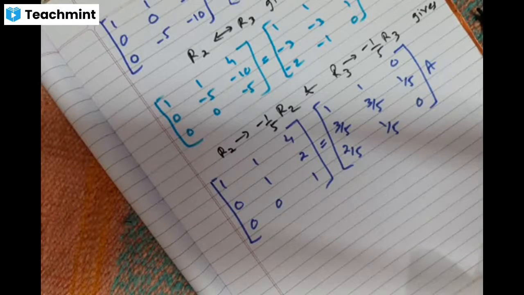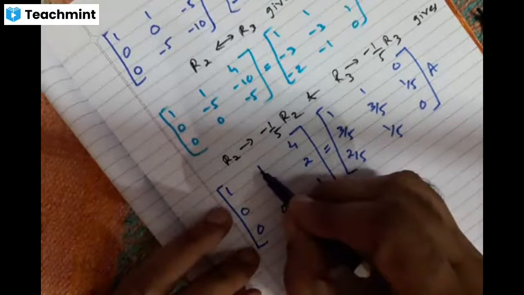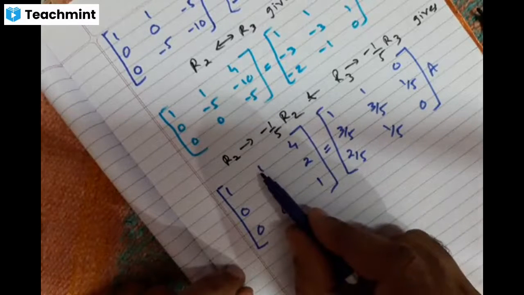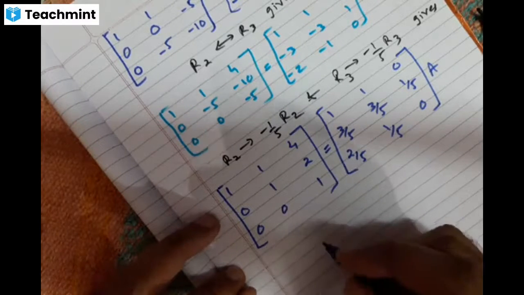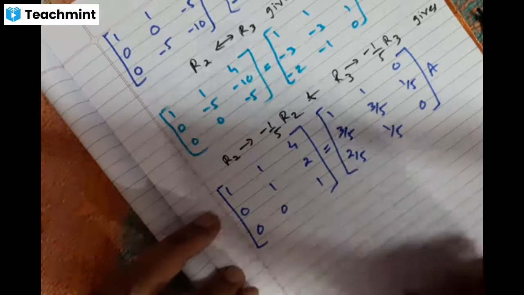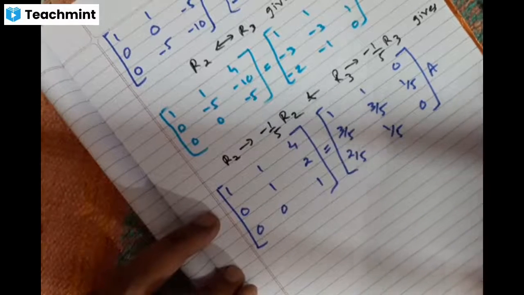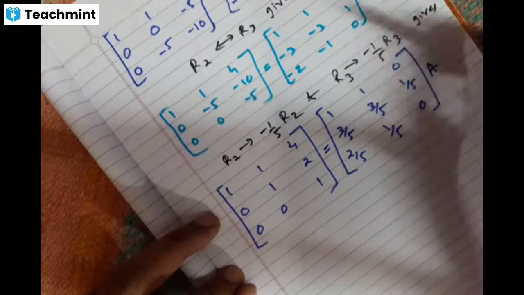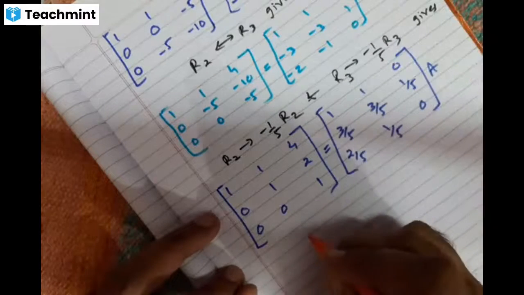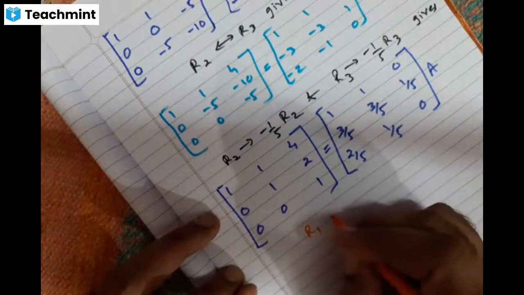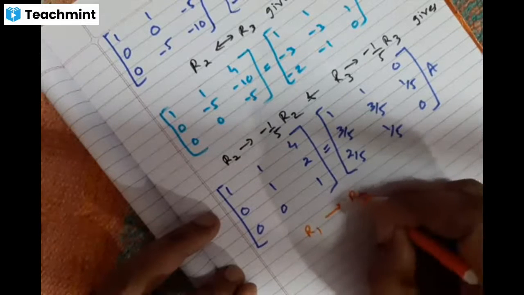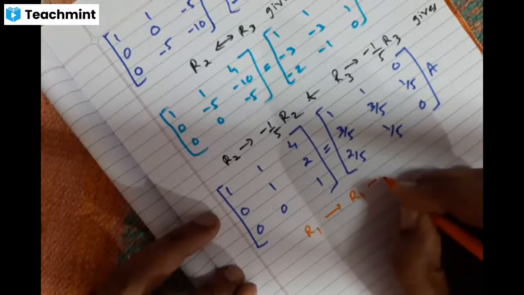So now what to do? Just see. After doing this thing, अभी मुझे here also I want 0. See, here I want 0. Now how to get 0 over here? For that, there is one thing that comes to my mind, and that is R1 goes to R1 minus R2.